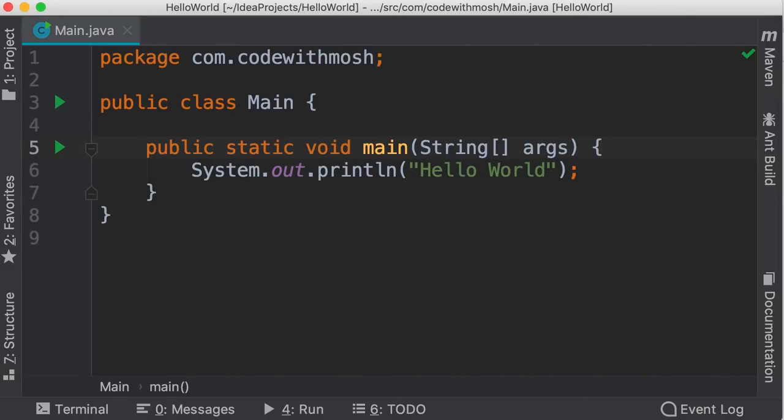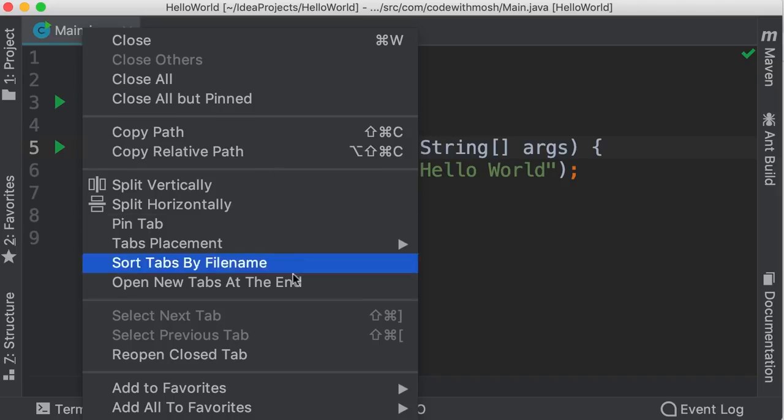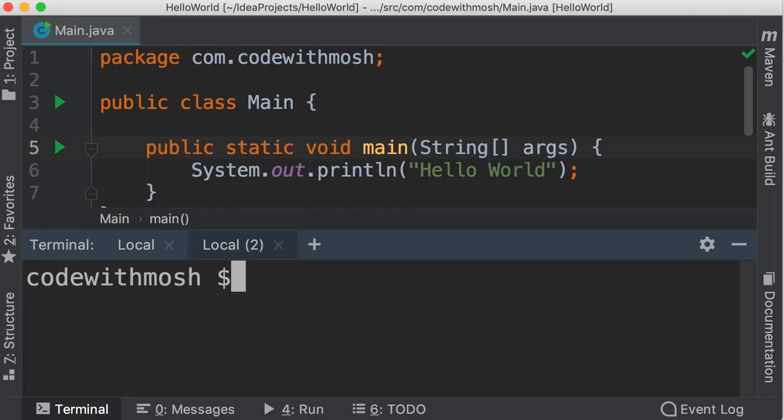Let me show you. So here we can right-click on this Main.java, and in this context menu, we have an item called Open in Terminal. It's down below. Unfortunately, it's not visible in my recording window. It's called Open in Terminal on Mac and probably Open in Command Prompt on Windows. So let's open that. We get this terminal window or Command Prompt on Windows. Here we're currently inside of this folder, Code with Mosh. That is where we have our Main.java file.